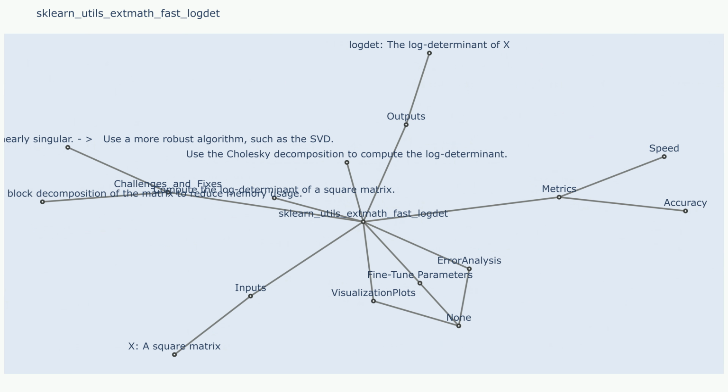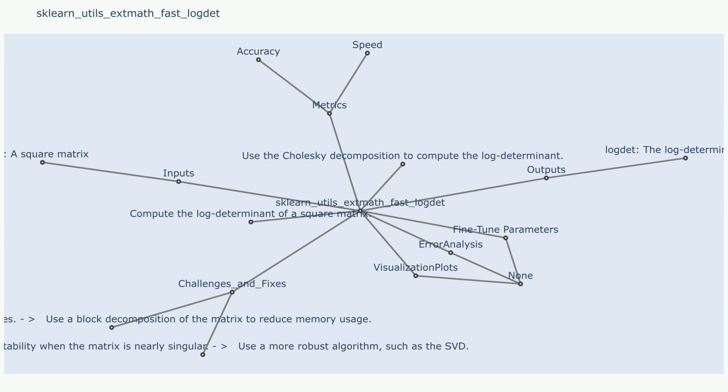Numerical stability. The log-sum-exp technique employed in the algorithm ensures that the calculation of the log determinant is numerically stable, mitigating issues that can arise from very small or large values in the matrix.